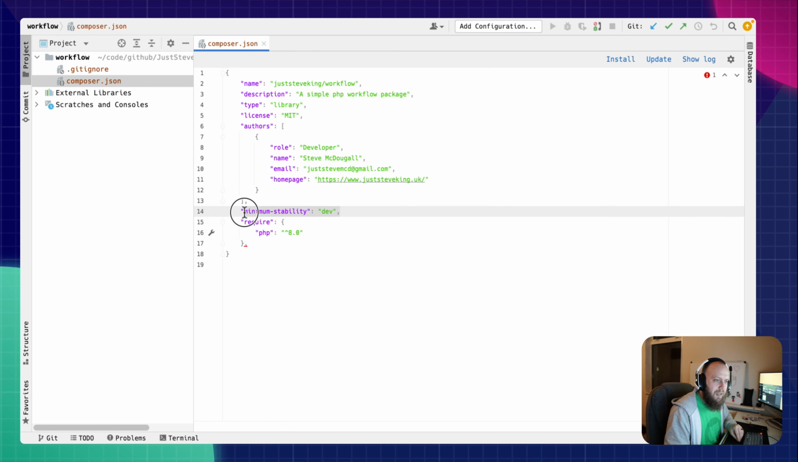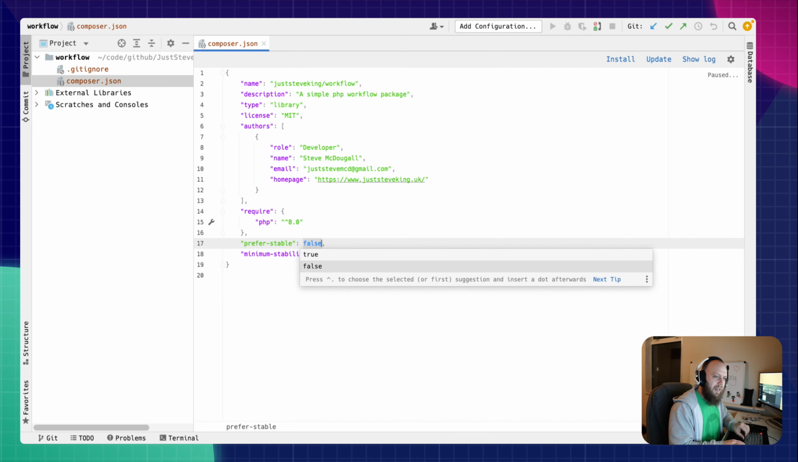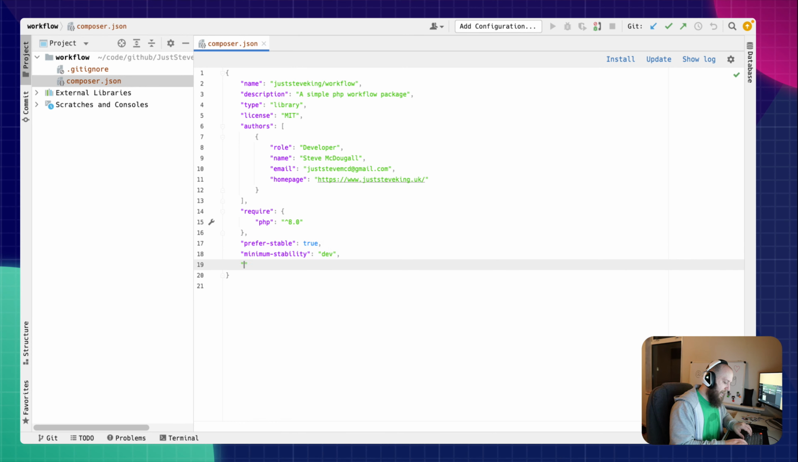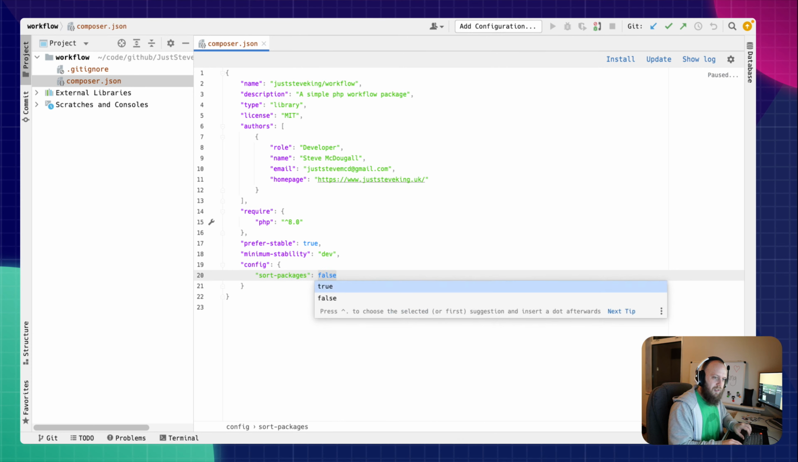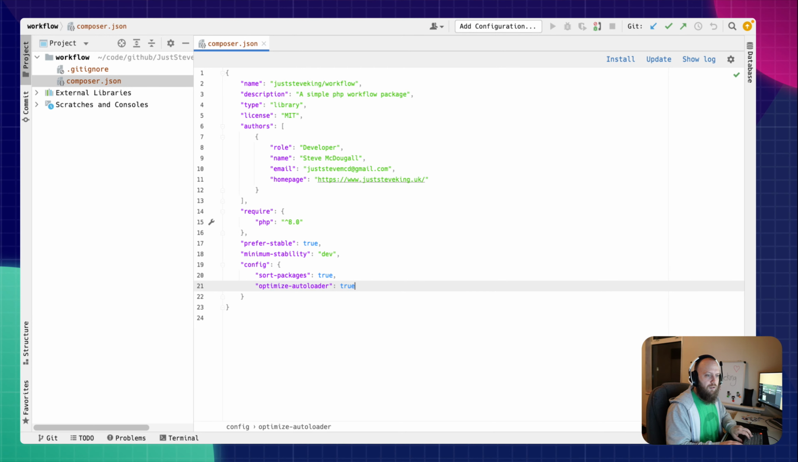So minimum stability, I like to move that to the end. This is where I start to get a little bit picky with setup. Then I also have to say prefer stable as true. And then the last bit is always config, and I always add in sort packages true and optimize autoloader as true as well. So basically all we're doing here is